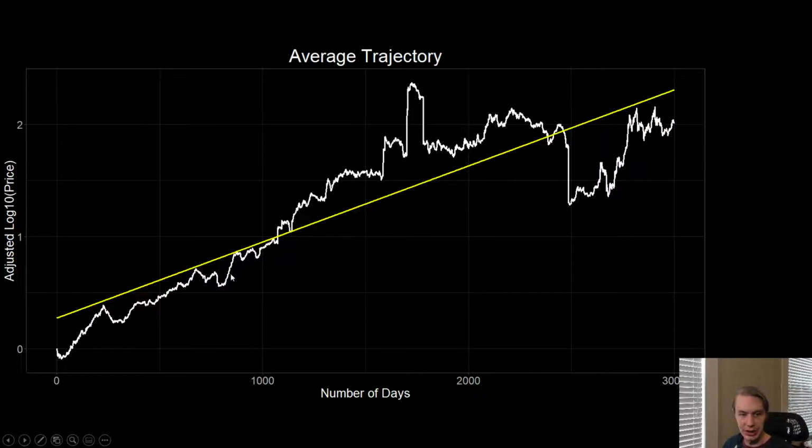As I mentioned, this is just the average trajectory. You take a bunch of different crypto assets, line them all up, and then average their trajectory together. This is what you get. And then this yellow line here is a regression line that fits the data. Interestingly, a linear regression line actually fits this data better than a logarithmic curve. Not super better, but it is better, so that's why I've chosen to use it. Over time, it's possible the logarithmic curve might end up fitting better, but for now, this seems to be the best fit.